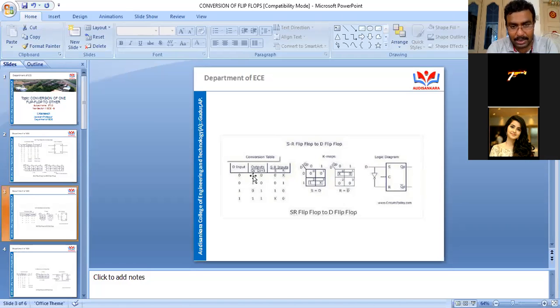Okay. So by considering this present state value and next state value 0 0, 0 1, 1 0 and 1 1, you take the excitation table of SR flip-flop and take the values from it. So you need to design a K-map for S and for R here. Since I have only 4 cells here, you consider